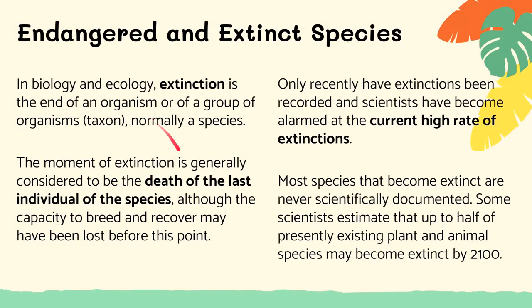So in biology, extinction is the end of an organism or a group of organisms, normally a species. So we can say that extinction has occurred if it is the death of the last individual of the species. Okay? So for example, if there's three